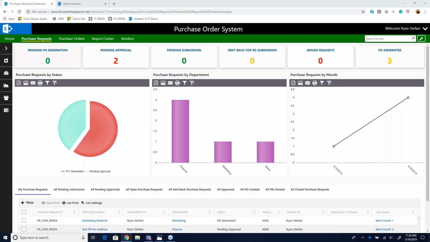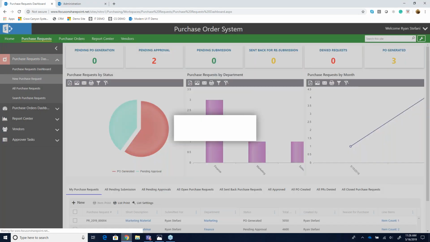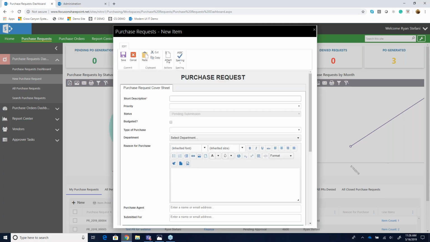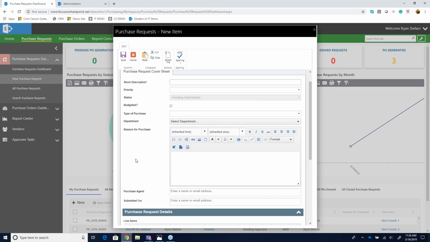Thanks, Ryan. Some people are asking questions about approval processes and the level 1, 2, 3. You did cover pretty well the complexities, how you can put different factors on the purchase request. Maybe open up a purchase request. Let's look at that again and talk about the flexibility of the purchase request approval process, how it can be routed automatically, whether it's level 1, level 2, level 3, and as many levels as you want,